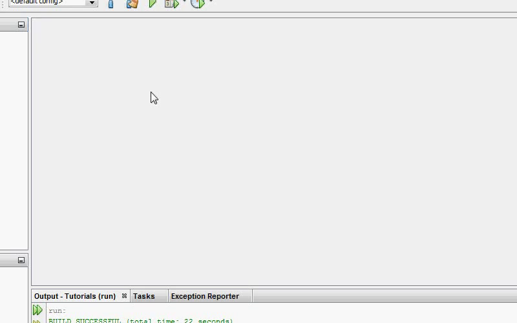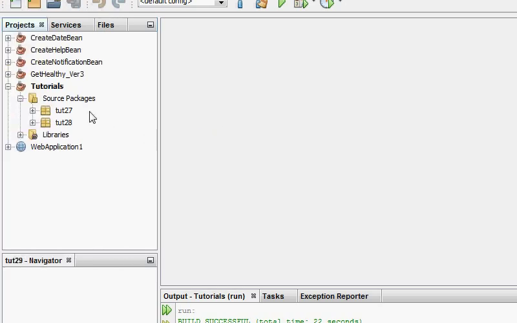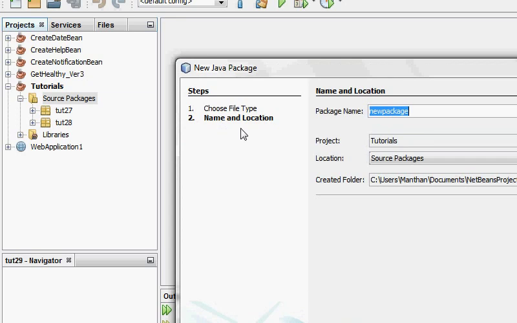In this tutorial we're going to learn about string tokenizers, which are, in simple language, those components of the programming language which allow you to split strings based on certain criteria, or allow you to read specific elements from the string separated by a specific character or a string. So, keeping in mind the simple aim of this tutorial, I'm going to create a new package,